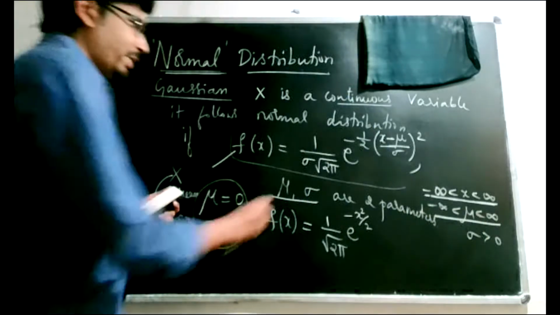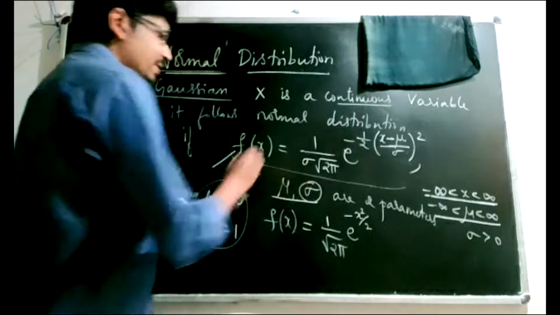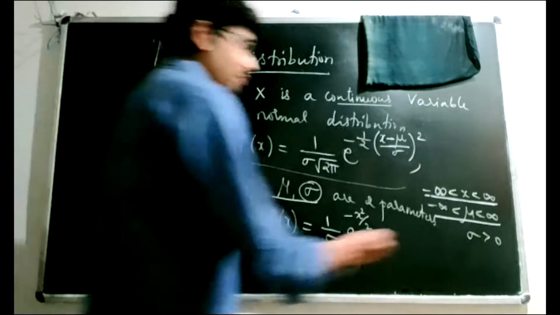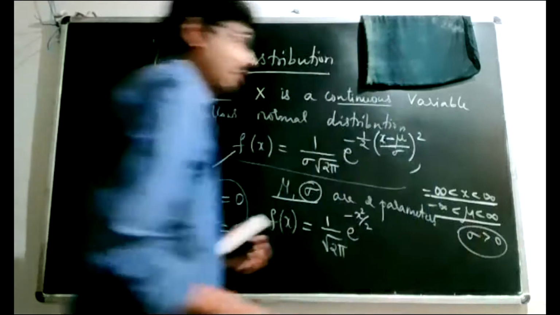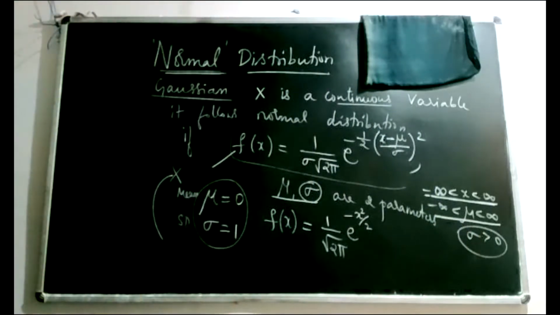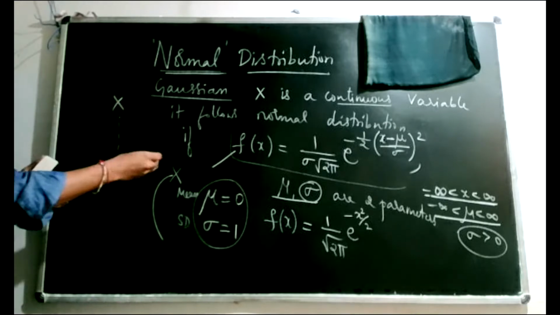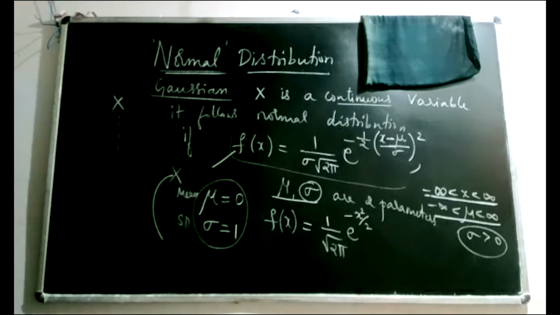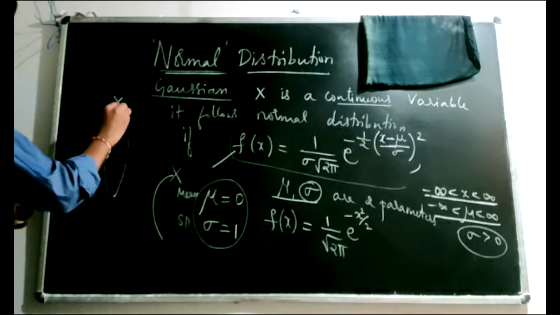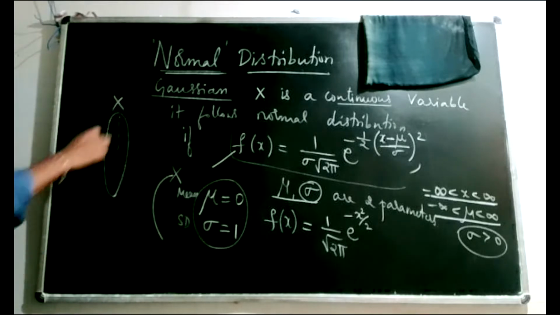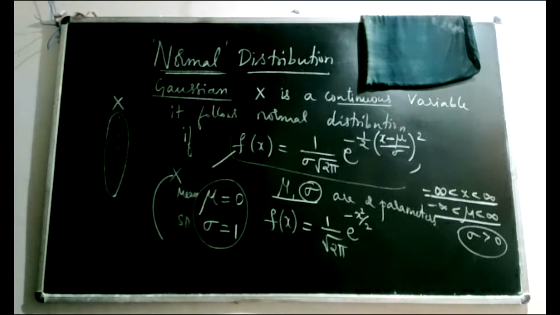And the second parameter is sigma. Sigma indicates the standard deviation and sigma square is the variance. By the property of variance and standard deviation, we know that they are always greater than 0. So you can try this: pick some x values to be negative, compute the mean, compute the standard deviation. You will observe that if you have many negative values in x, your mean turns out to be negative, but your standard deviation will always be positive, whether you have negative values or positive values in your x.